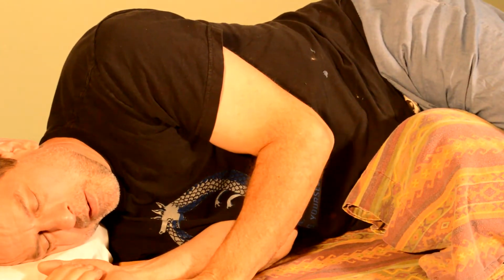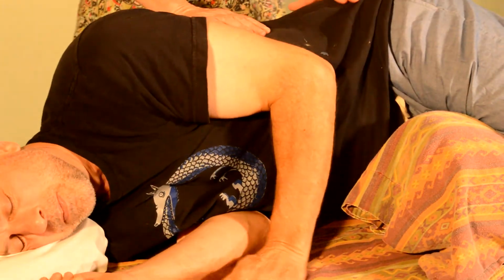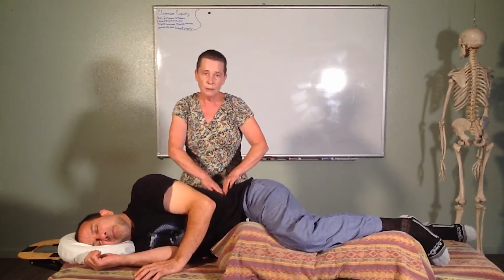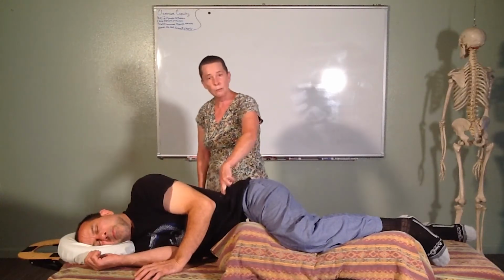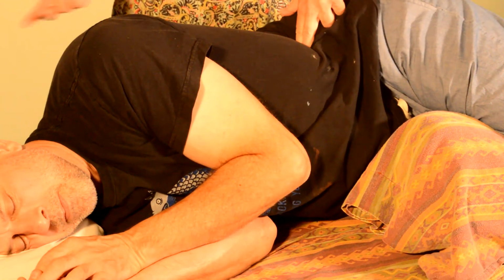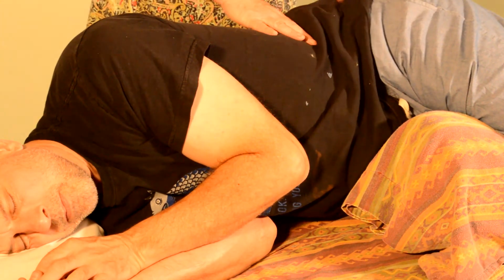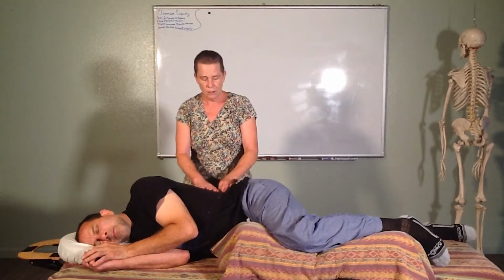Now again, I want to remind you, because the leg is up like this, it's going to lift the pelvis up and the rib cage is going to go down. So on him, he's a large enough person where you can actually see my fingers are in between his rib cage. I don't know if you can see that, but see how my fingers disappear. So I don't really need the other pillow to bring it here on him. I'm not going to go through that because you saw me do it. So I'm just going to come in and find